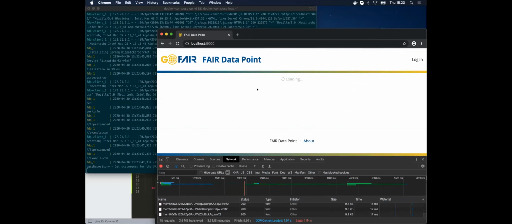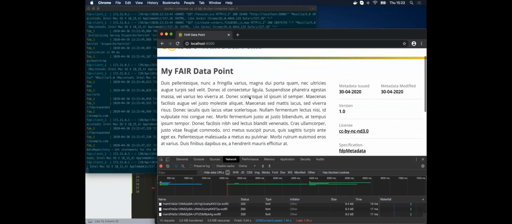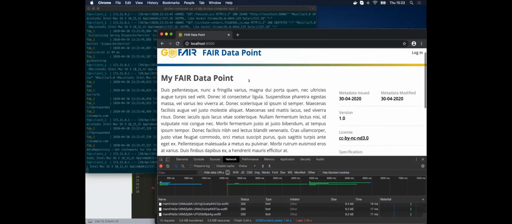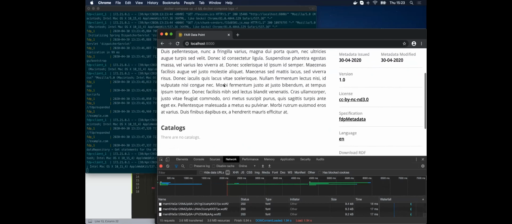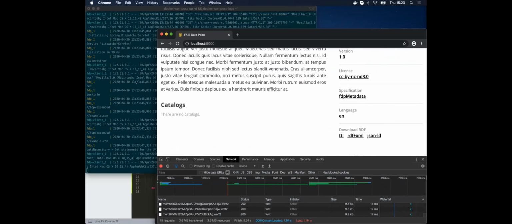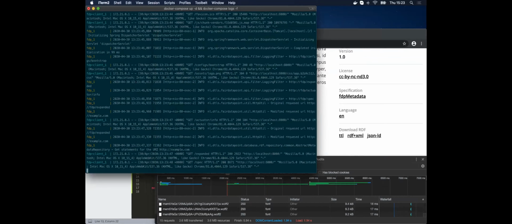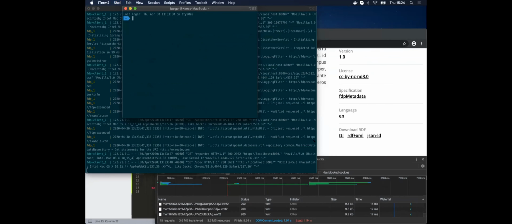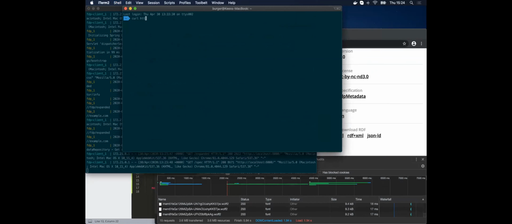And then from here, okay. So this is all the same because the only thing we changed was the persistent identifier. So if we now take our favorite command line utility and go to curl on localhost